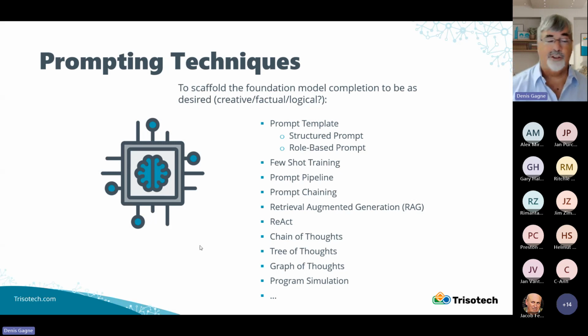There's the notion of few-shot training, which is the capability of these models to do better when we provide them examples. There's all kinds of data showing the benefit of providing examples so that the generation will follow more of the idea of your example. There's the whole idea of prompt pipelines and prompt chaining, which is to have multiple prompts and feed the result forward, in a Unix-type pipeline or in a more evolved chaining.